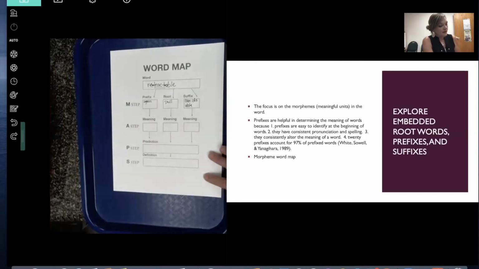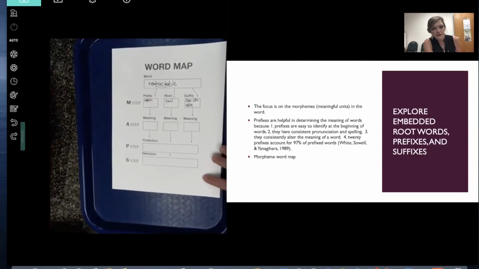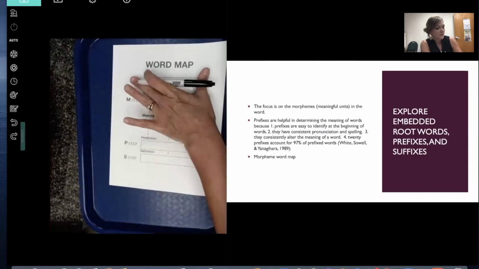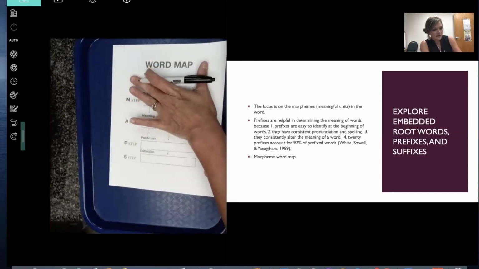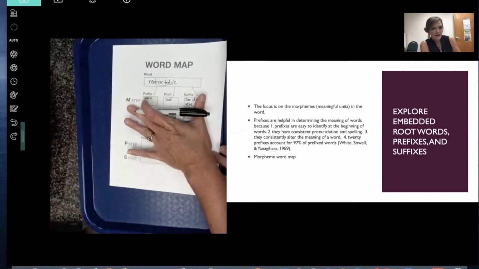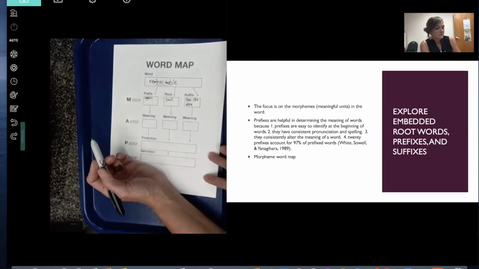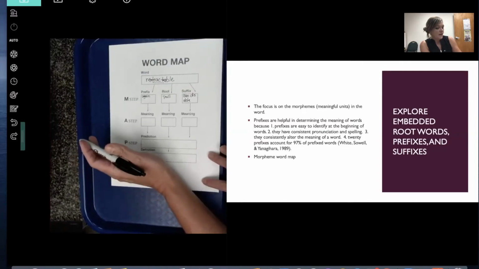Okay, so when you're doing this strategy, you're not giving them the definition at first. You're letting them figure it out. So this is why I like it. It's the puzzle piece to it. So you're giving them the word, you're going to pronounce it, you're going to break it apart, and know what the meanings of those morphemes are, and then